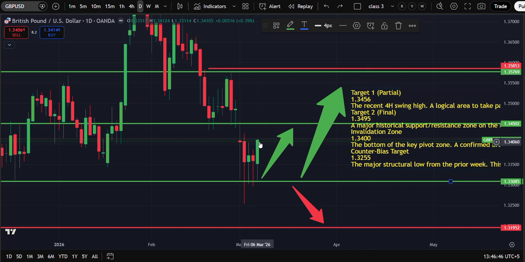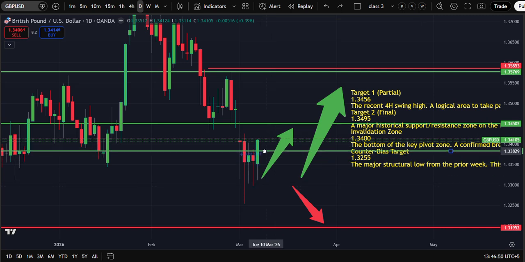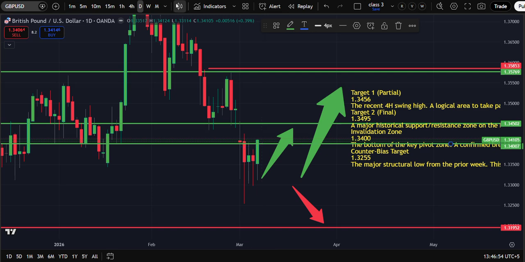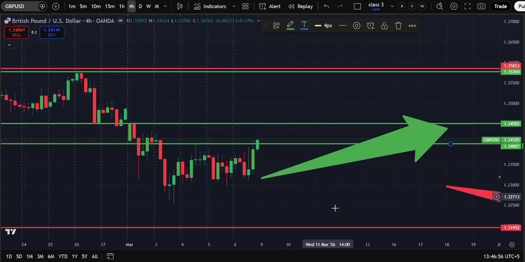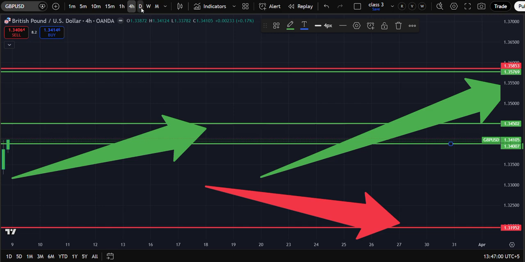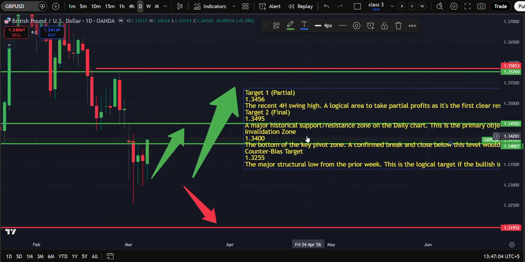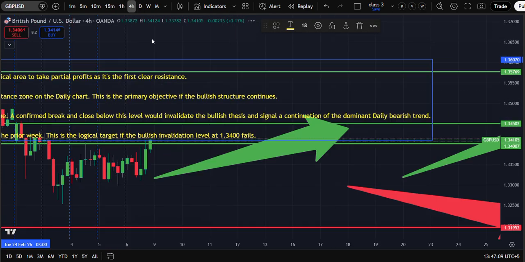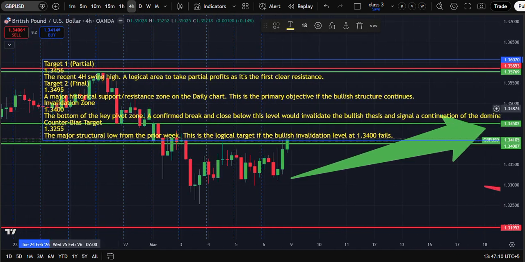Oh, sorry. It's actually using 3400 as support. Okay, let's see. Okay, so basically what the AI is saying, let's get back to this here. So basically what the AI is saying,